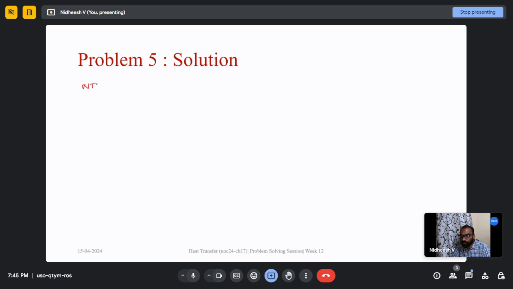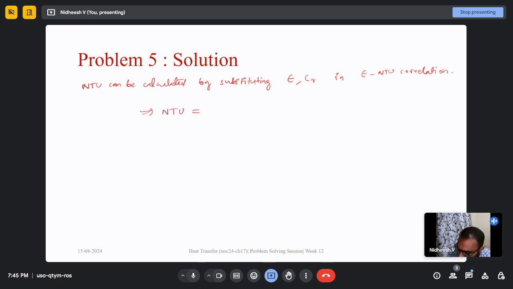NTU can be calculated by substituting effectiveness, CR in effectiveness NTU correlation. And let me write down the value that we will get once we substitute this in that expression. The NTU value that we should get is